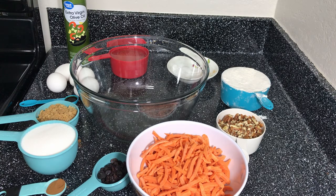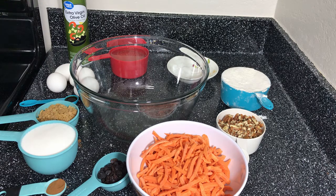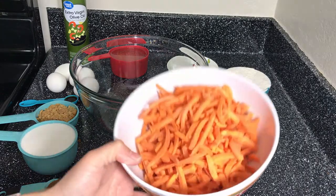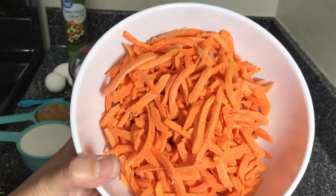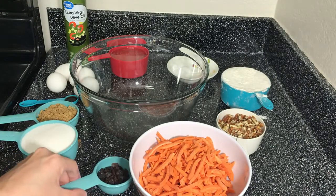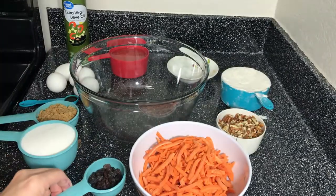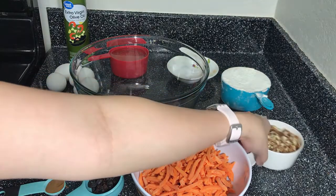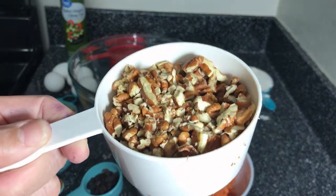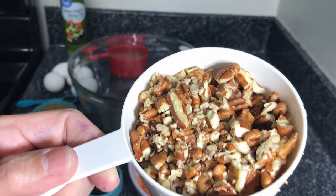Today we will be making the best carrot cake. We will be needing the following ingredients: 3 cups of peeled and grated carrots, 1/4 cup of raisins, 1 cup of chopped pecans just to add crunch to our carrot cake,